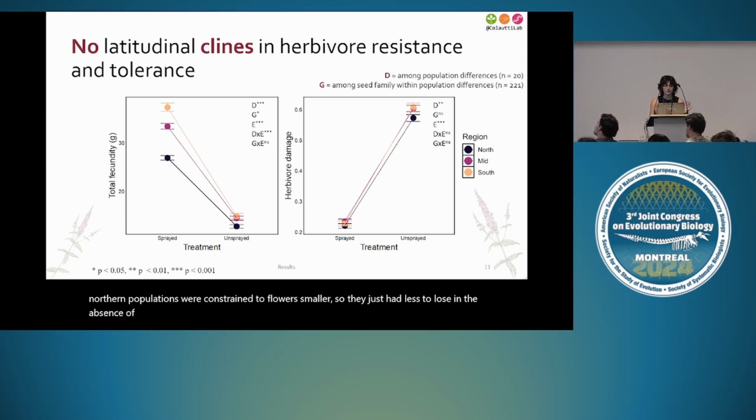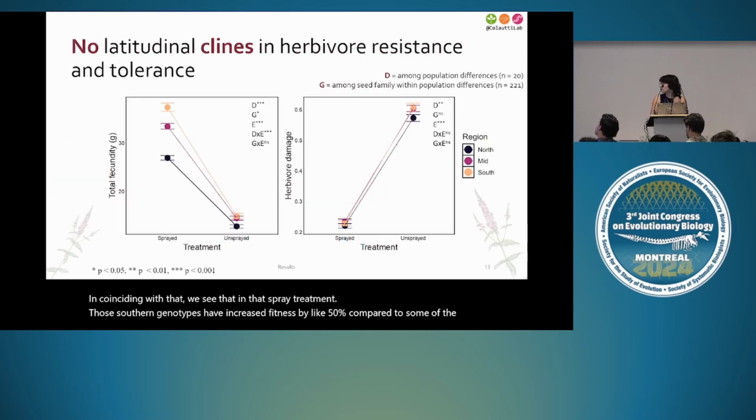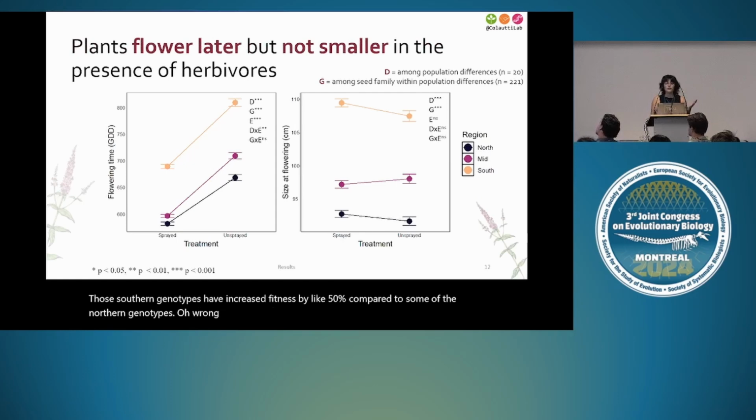And coinciding with that, we see that in that sprayed treatment, those southern genotypes have increased fitness by like 50% compared to some of the northern genotypes. Ooh, wrong way. We also found that flowering time measured as growing degree days was significantly delayed in the presence